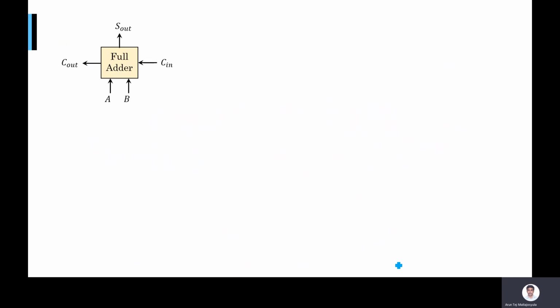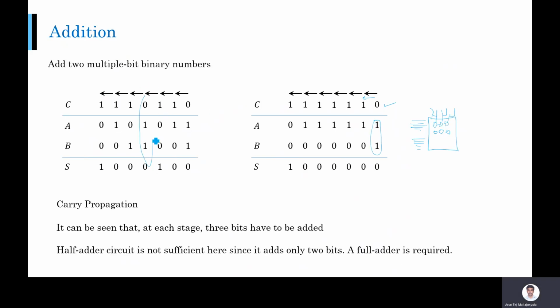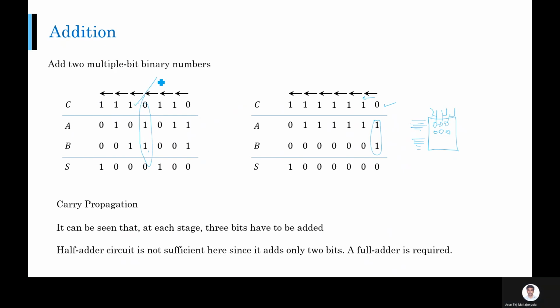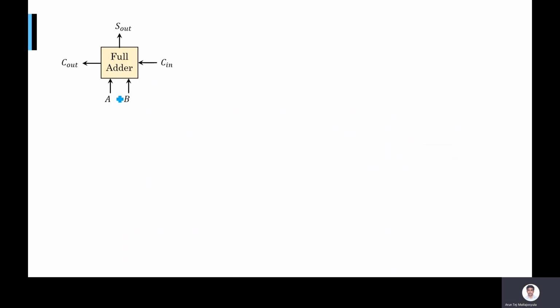Let us first implement a full adder. Take any particular stage. What is it doing? It takes 2 bits from input and 1 bit from the carry, and then does the addition. So it has 3 inputs. And how many outputs does it have? It will give you 1 carry and 1 sum. So your full adder can be represented like this. It has 3 inputs, the carry from the previous stage and 2 input bits, and it will have 2 outputs, sum and carry.